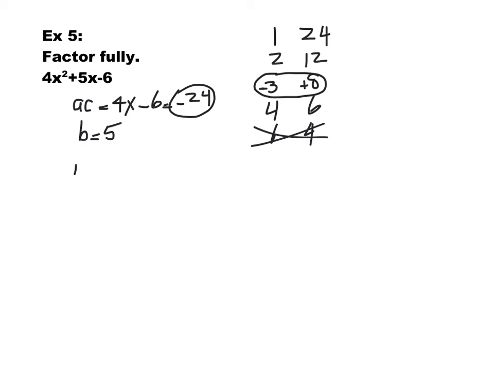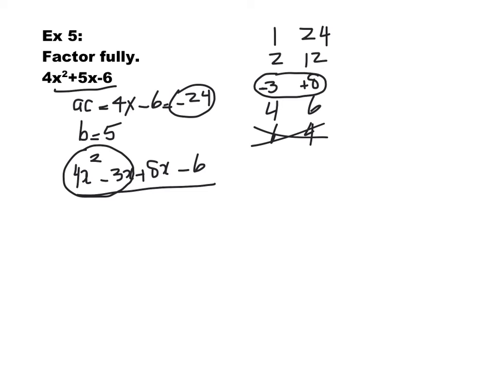So I'm going to write it as 4x squared. Instead of 5x, I'm going to write negative 3x plus 8x, and then minus 6. Again, I write this one in this form. Remember, negative 3x plus 8x gives me 5x. Now I take the first two terms and I factor the common factor here. Between 4x squared and negative 3x, the common factor is only x. So I write x, 4x minus 3,